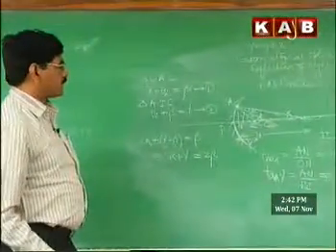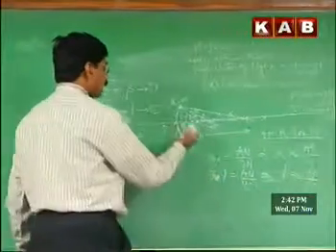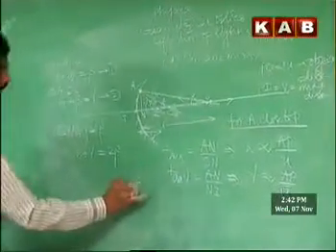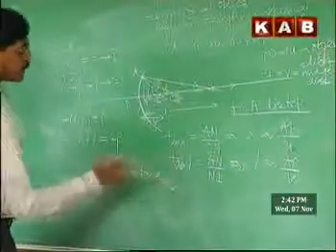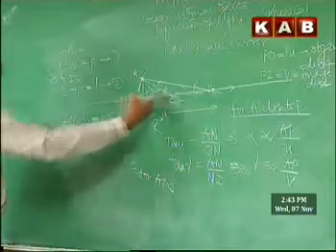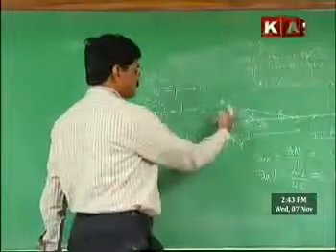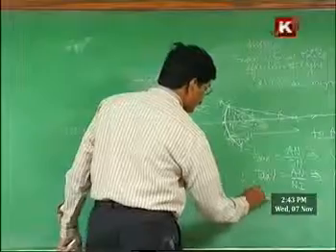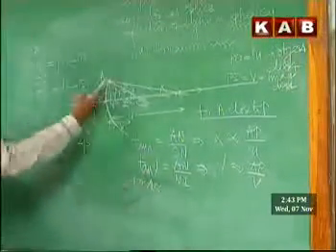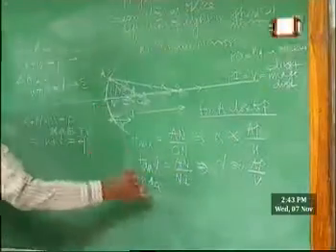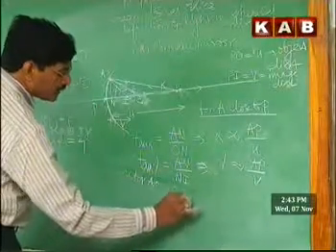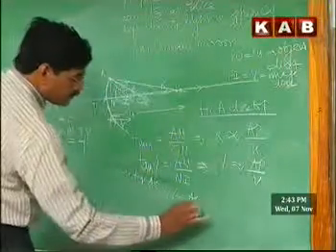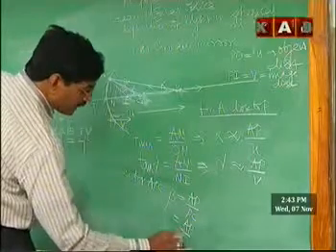PV is image distance, PI is V, image distance. And we consider a sector APC. In the case of sector APC, beta is equal to AB by PC. Next we consider the sector APC. In the case of sector APC, AP by PC is beta. Beta is equal to AP by PC. PC is radius of curvature. Therefore, this is equal to AP by R.